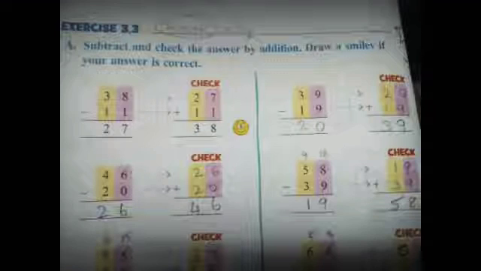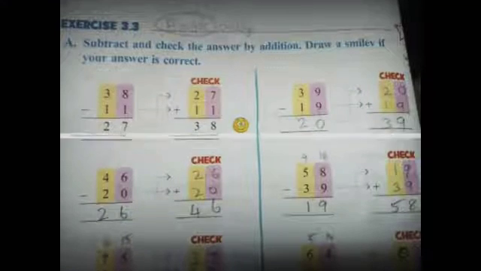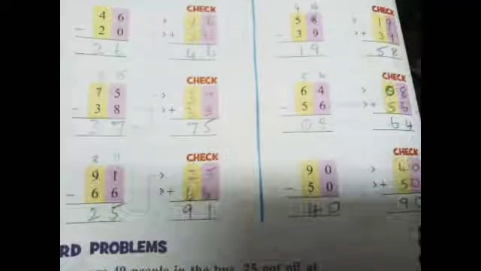Coming to the second question. One more question for you. 75 minus 38. So 5 minus 8. Is that possible, dear? No, because 5 is a smaller number than 8. So we have to keep it in our mind and we need to borrow from the next tens place number. Here the tens place number is 7. From 7 we took 1 as a borrow.